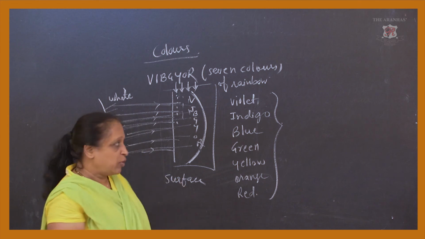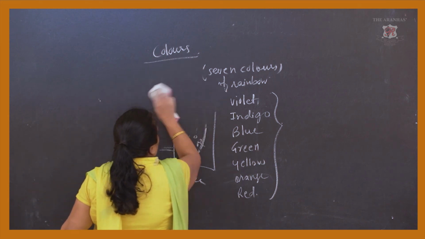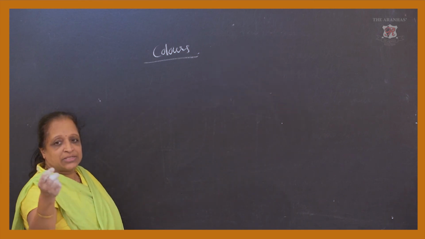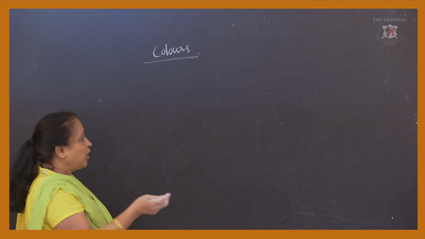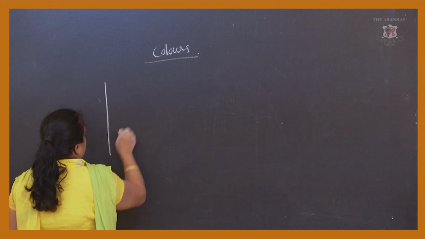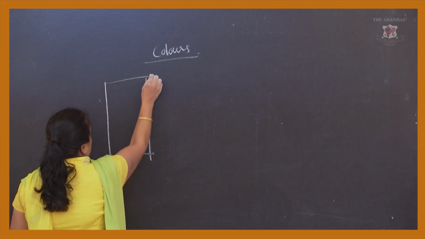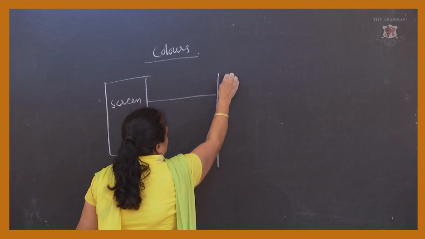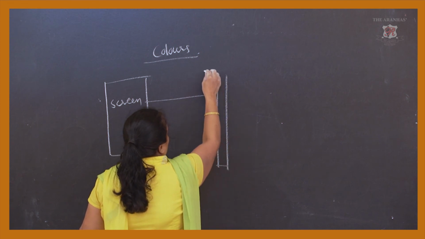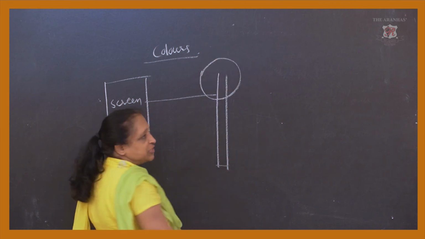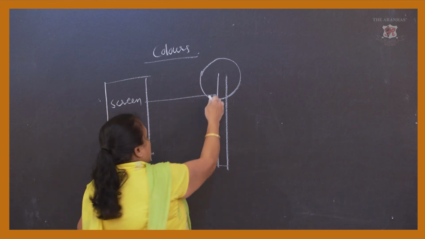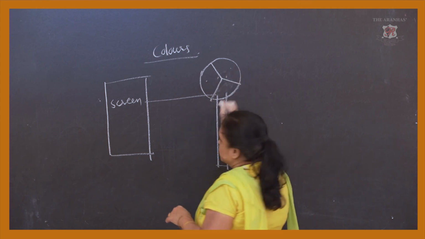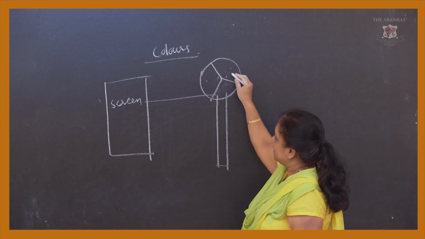Now, in a lab also we can have the rainbow, or what we call the Vibgyor. Very simple. It is called Newton's color disc. What you have to do is keep a white screen, and in front of that keep a stand on which you have kept one round, cut card sheet, and that card sheet is divided into parts, and make a hole over here.